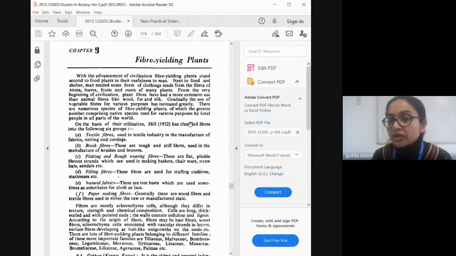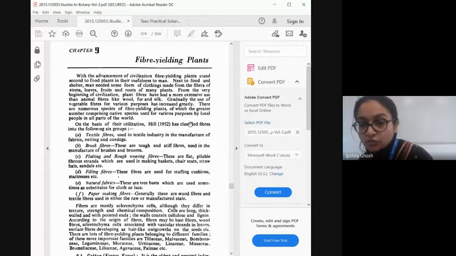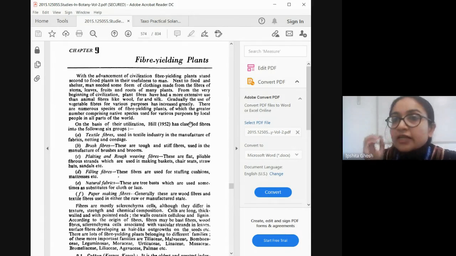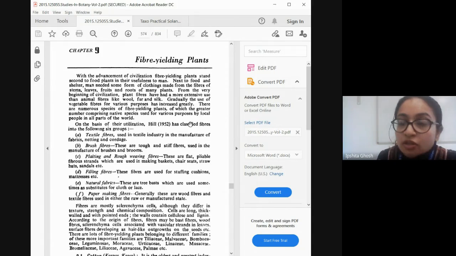You might not require everything for your exam purpose, but the more you study, the more knowledge you can retain. So don't always study from the exam point of view, thinking, okay, this is coming in the exam. Many times in competitive exams also, if some of you are going for competitive exams after your bachelor's, economic botany is a very important part that you need to answer questions on everywhere. It's very common. So you must retain it in your head, not just for exam purpose but as general knowledge, so that you can even pass it on to others.